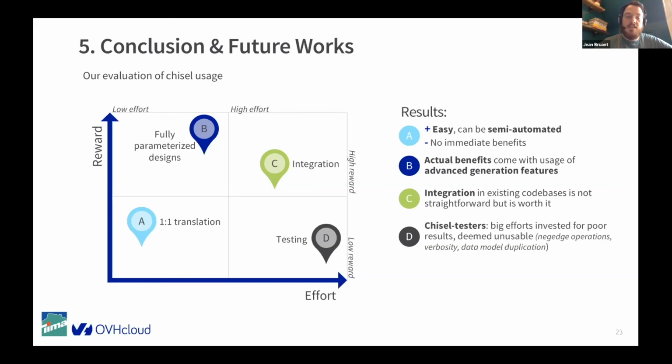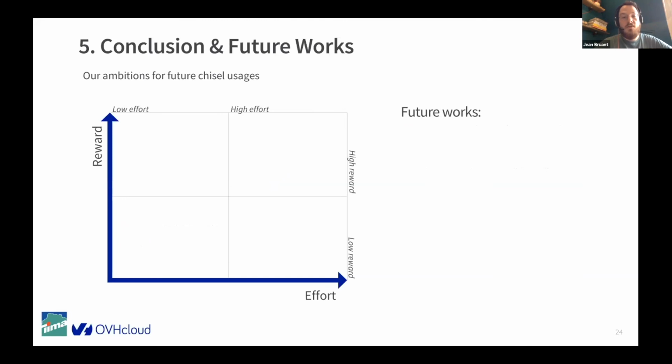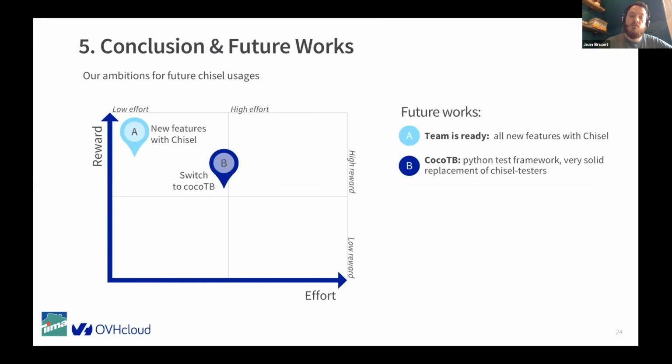And finally, the worst thing we have to say about Chisel is the use of ChiselTester. We put a lot of effort into it in order to make it fit our own taste and usage in the team, but in the end, we think it's not quite usable right now for us. And so our future work will consist in developing all the new features with Chisel because it's working really well. And for the tests, we are trying to switch to CocoTB, because the main advantage for us